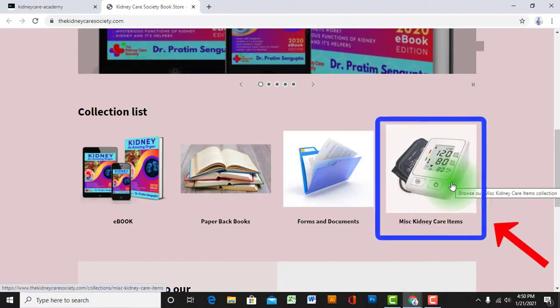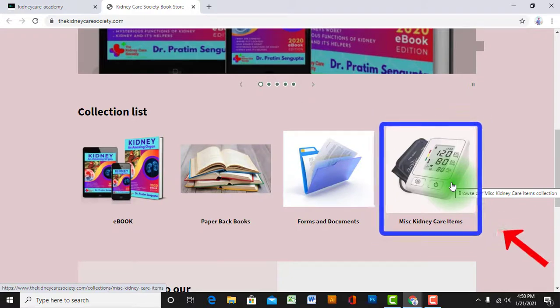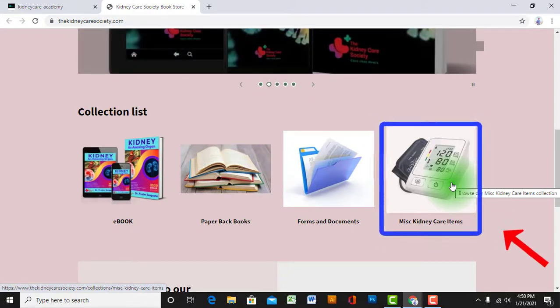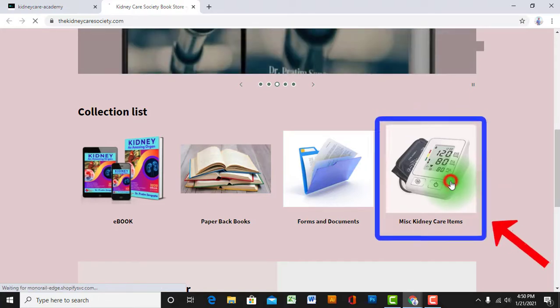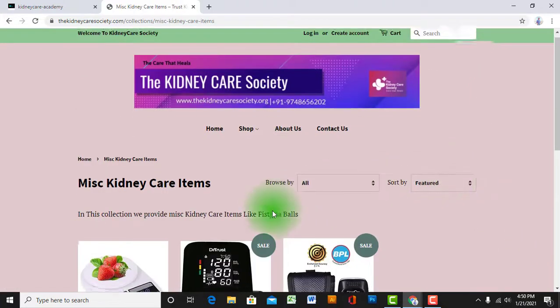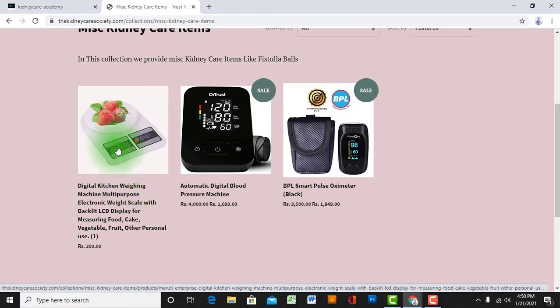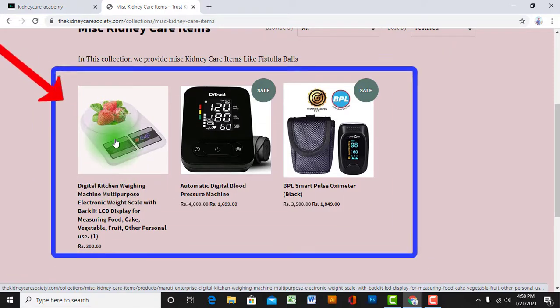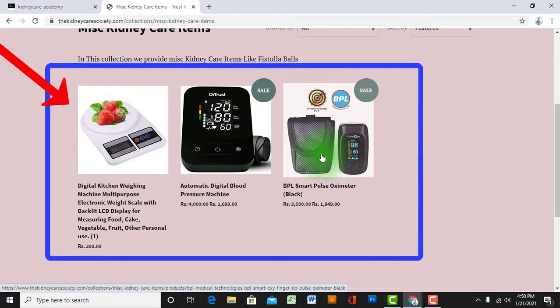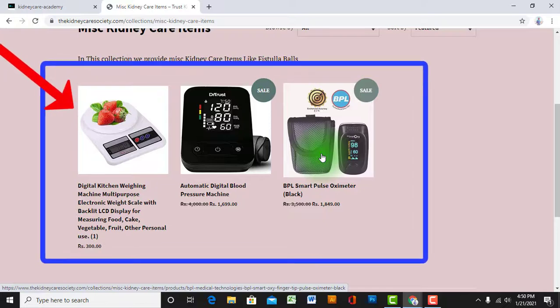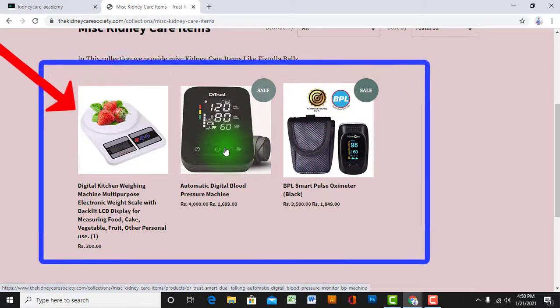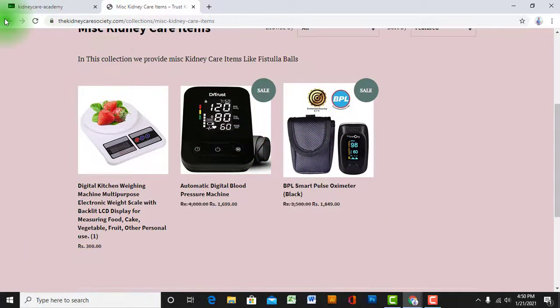In here you can get these options, called kidney care items, where you can browse the necessary items you want to buy from our section. Like this, if you want to buy a weighing machine, you can choose this option, and here you can also purchase a pulse oximeter or a digital blood pressure machine.